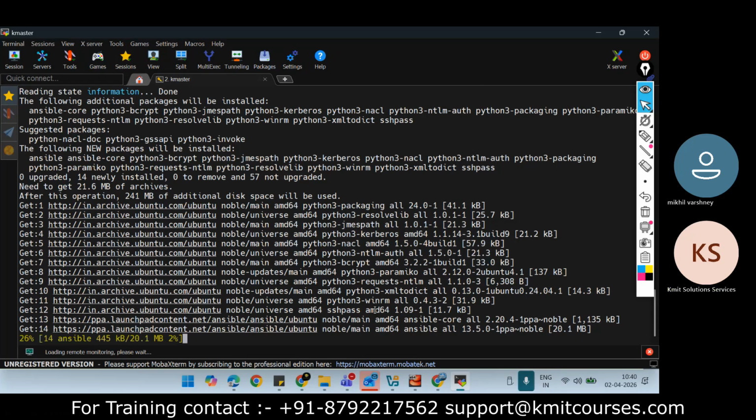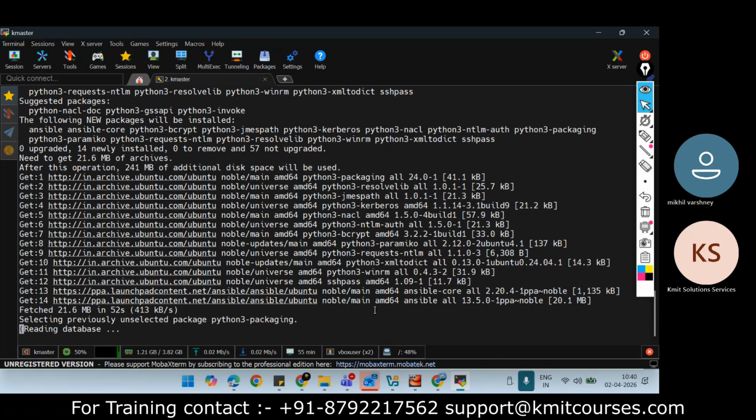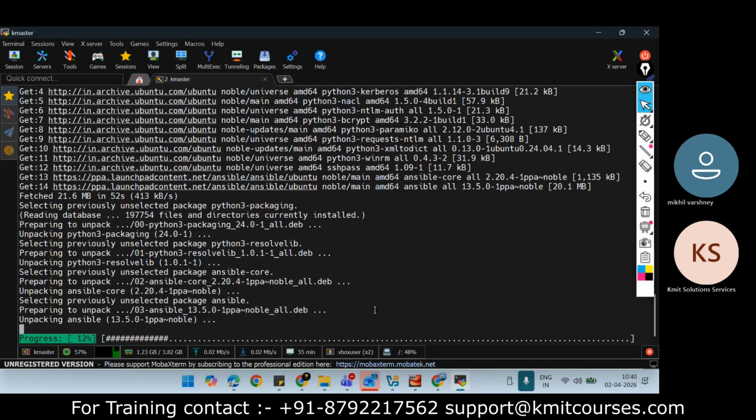It takes a little bit of time, 20 MB. Because we are using Ansible and then we will see Jenkins on our K master, I will increase the RAM and CPU capacity of my master server, because we are installing so many things which consume more.